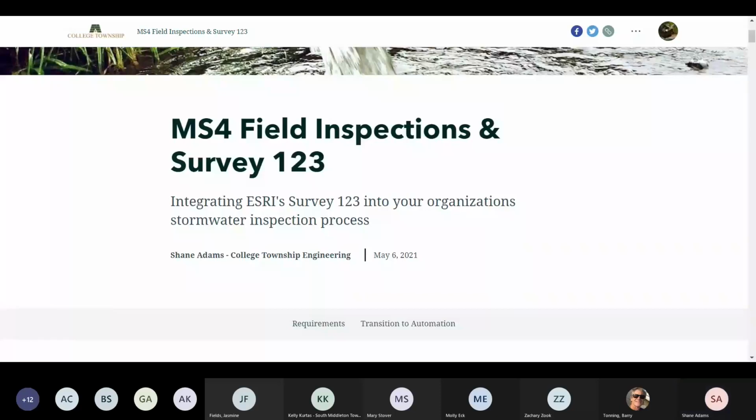So we use Esri GIS technologies here at the township. This is specifically focused on how we use Survey 123, which is an ArcGIS Online application, and how we integrate that into our stormwater inspection processes. So going through here,